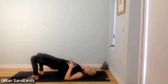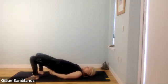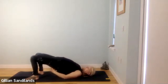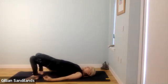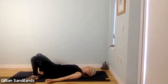And breathe into it. So this is another one where we're trying to increase the space in our chest, the space in our lungs to create more air or to allow more air to move into. And also opening up our heart a little bit more. Okay, we'll take one more deep inhale. We'll start to release. If you've got your hands clasped, then release them, slowly lowering yourself all the way back